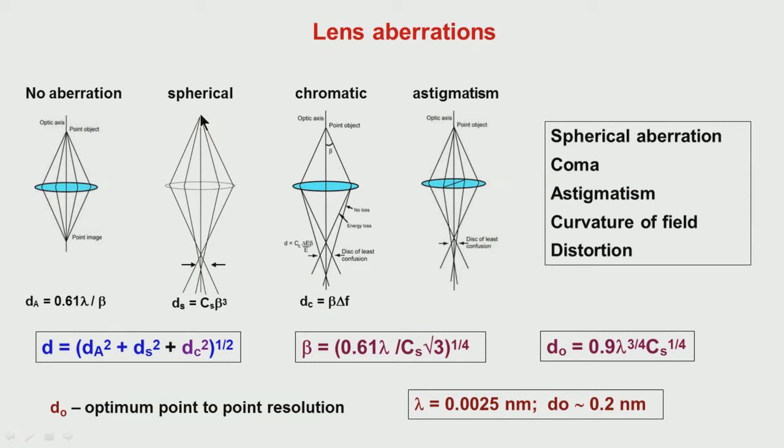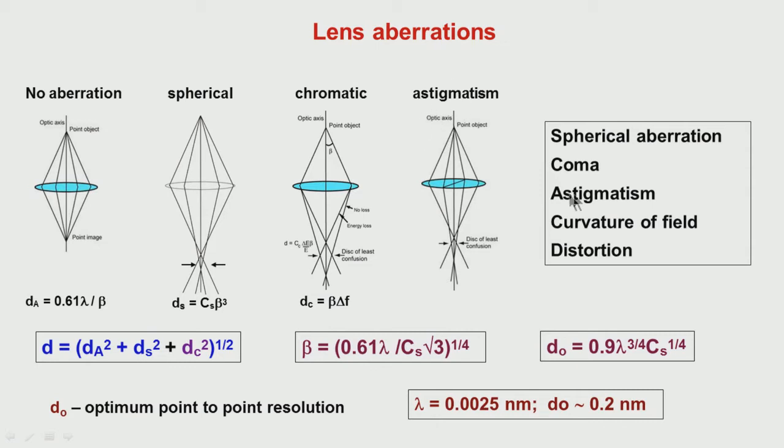What is the effect of the spherical aberration? For a point object, we do not get a point image in the Gaussian plane. What we get is a spread-out image, a Gaussian distribution, and then another plane, the disk of least confusion, where all the rays converge. That is the minimum size of the image we can obtain for a point on the object. The same sort of distortion takes place for chromatic aberration as well as spherical aberration.